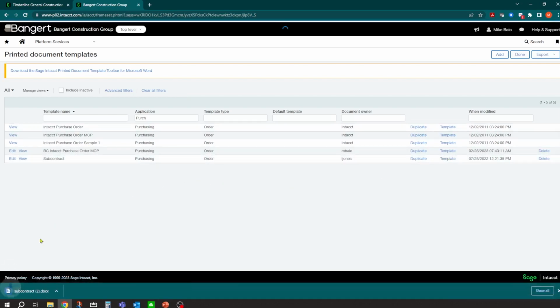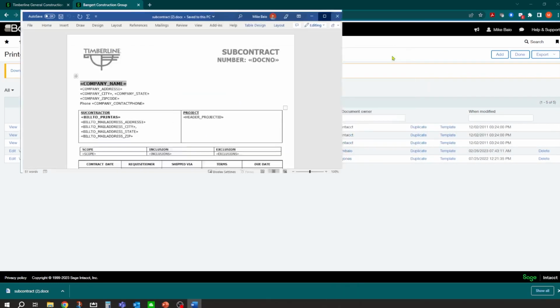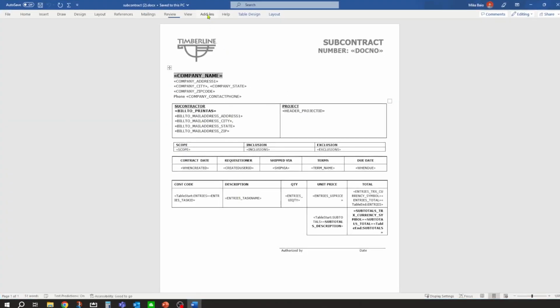So you can download that template, and then you can open it up in Word, and we can copy and paste. We can put in your terminology, your terms and conditions. You can have the full-blown subcontract document form in here, and it also integrates to Intacct, so you can actually pull merge fields in. And we have specific classes in Refinement that'll help you do this, and we can also help you with our help desk tickets as well. So you can build your actual document form.